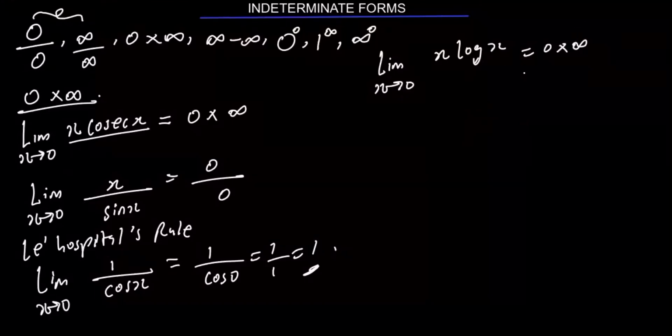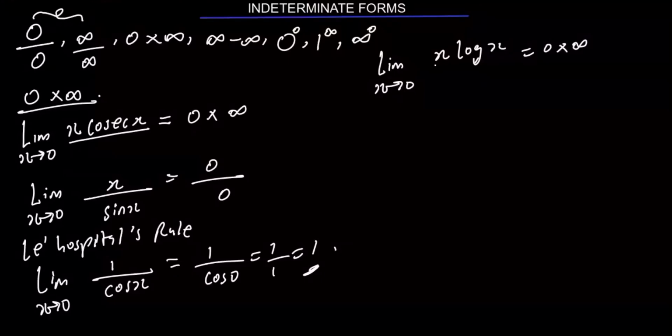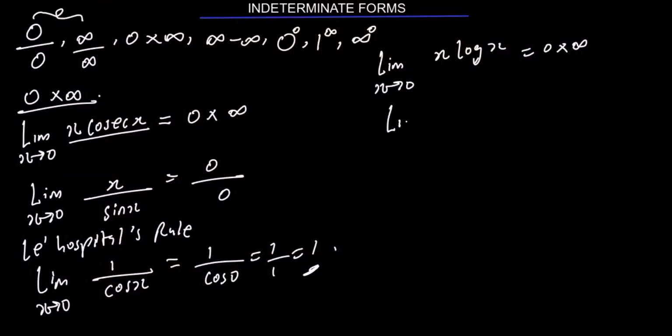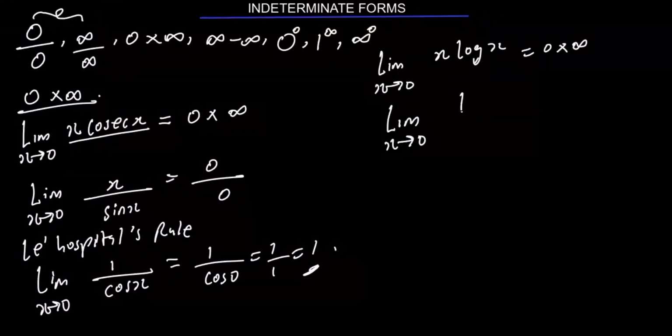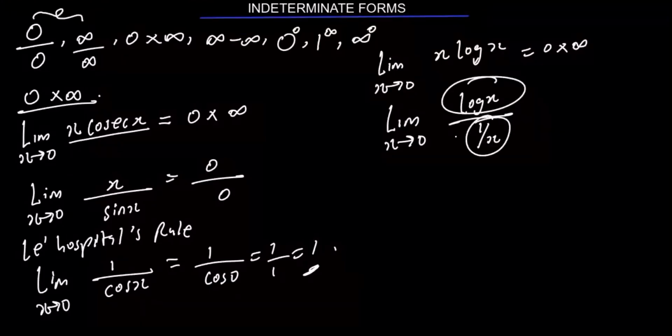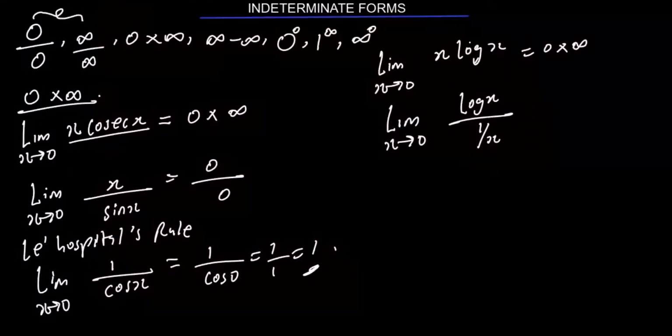Try to rewrite this question in a way that you will not change the nature of what they give you. As a smart student, if I write this thing this way, log x all over 1 over x, observe, this is my numerator, this is my denominator. Have I changed anything? No. What I'm having here is exactly what I'm having here. I just put it in another form so as to suit